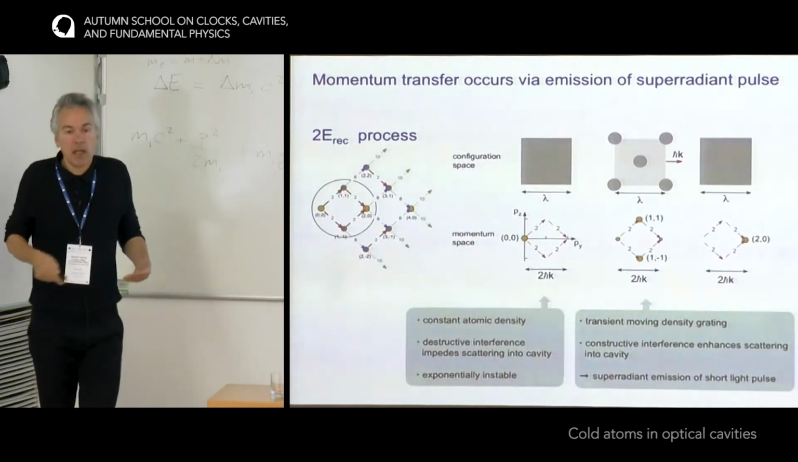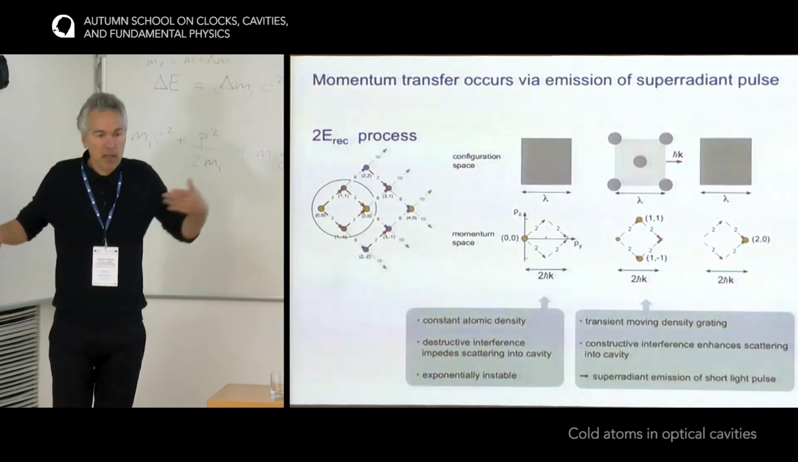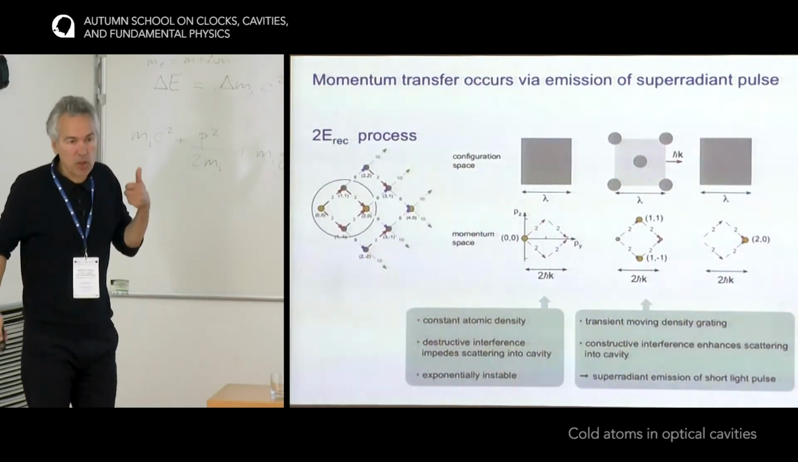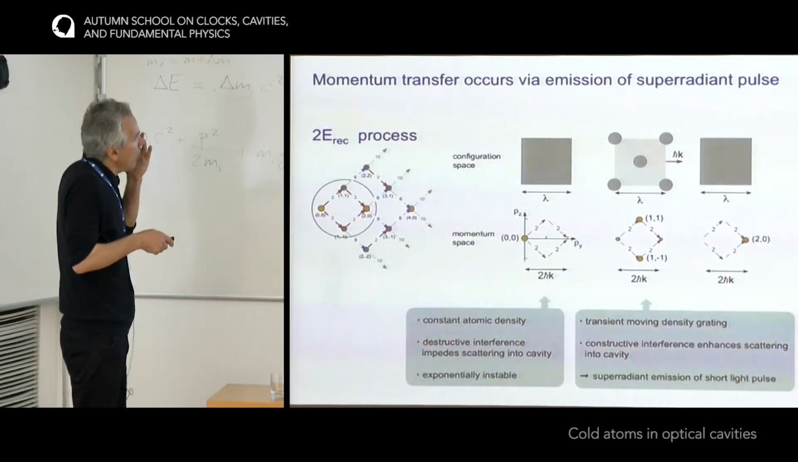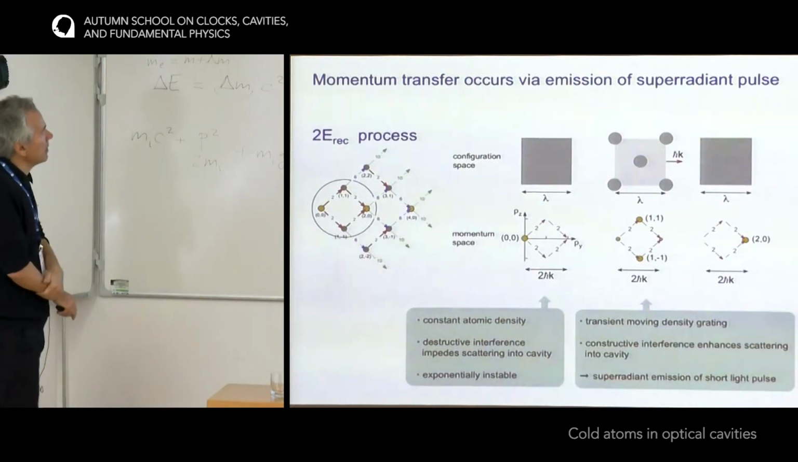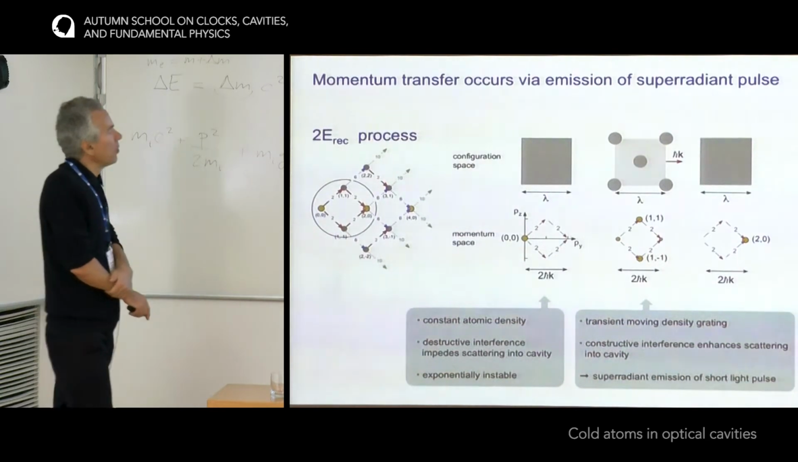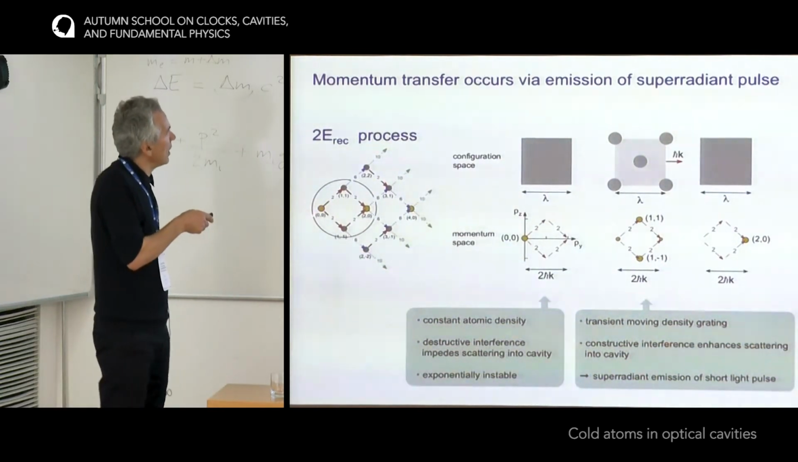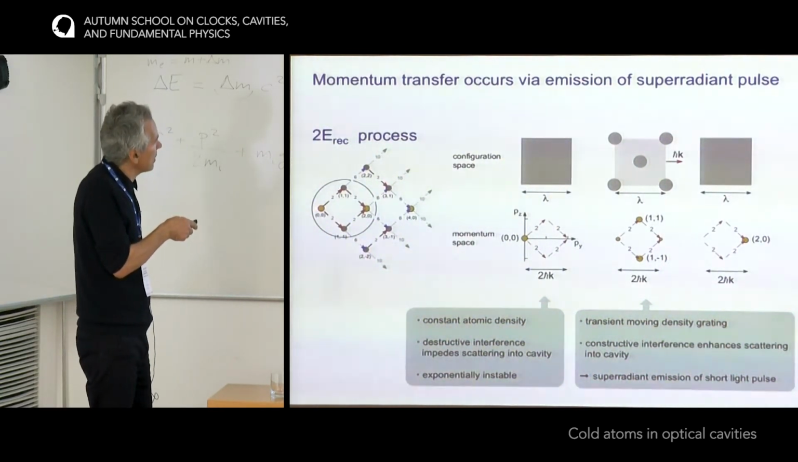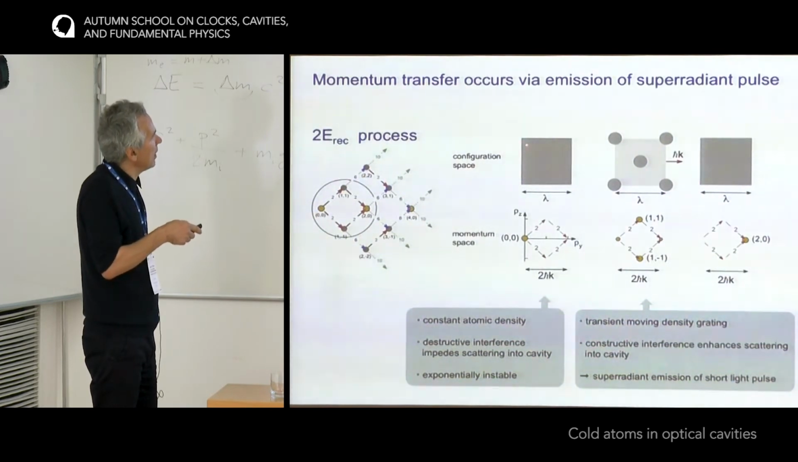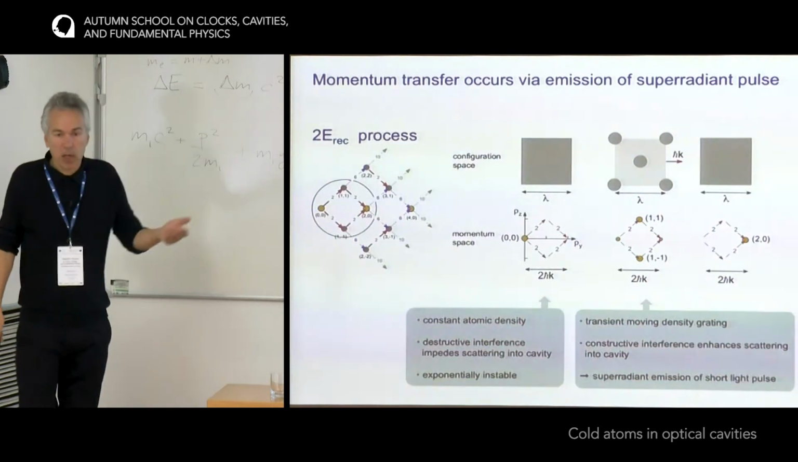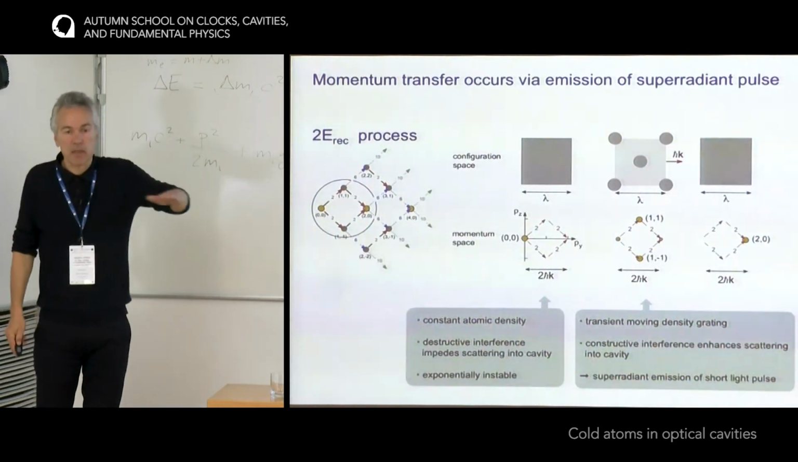And after that, nothing should happen anymore. That's kind of similar to what I've shown you in 1D. And now this process is interesting in the sense that it's superradiant in the following sense. If you are in the Bose condensate state, then in configuration space, you have basically approximately a homogeneous distribution of